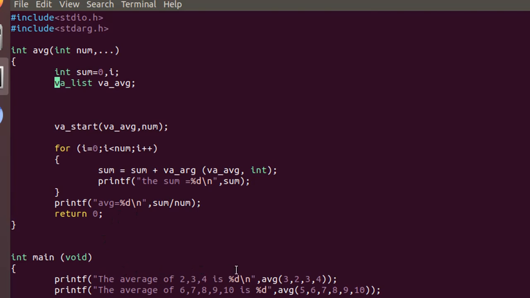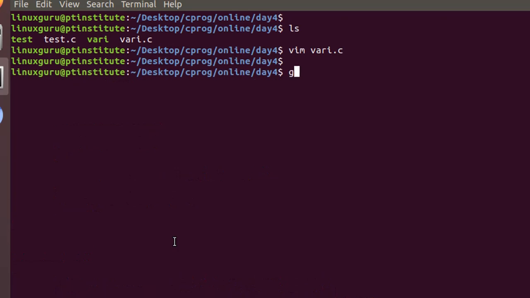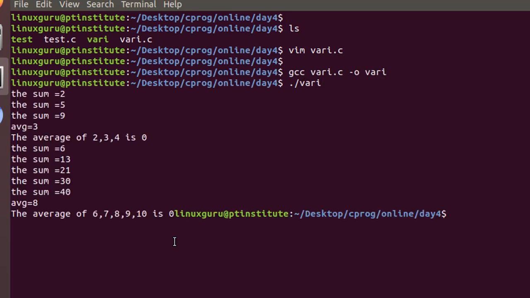And once I return it, again I am calling the same function. So I'll run this: gcc vary.c -o vary. So you can see here I am passing arguments 2 3 4.